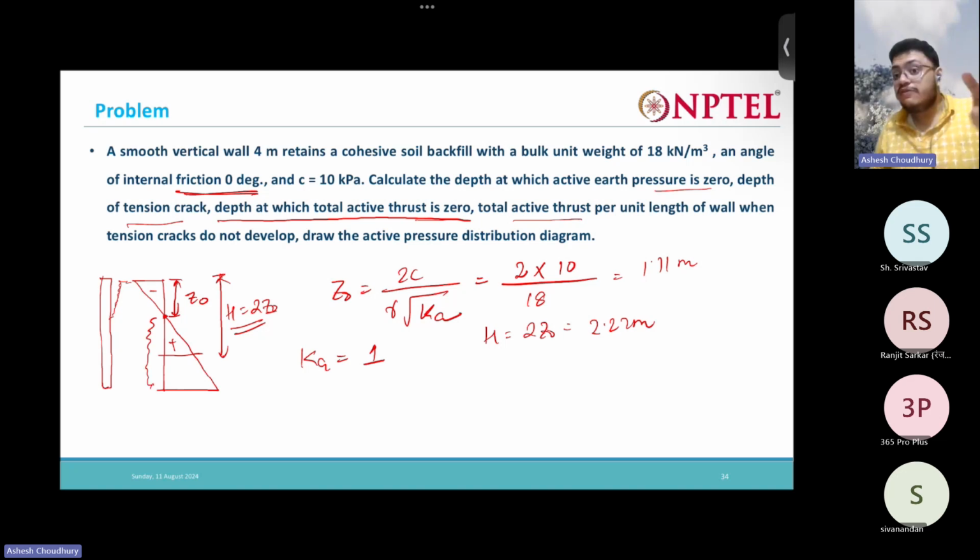Now if tension cracks are not there, that means this minus tension portion is acting on the retaining wall. In that case, the minus and plus portions cancel each other, and the total earth pressure is given by the area of this trapezium. Now the base of this trapezium, I will write it down directly for you, gamma